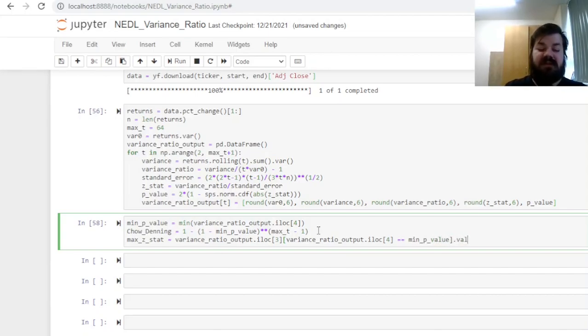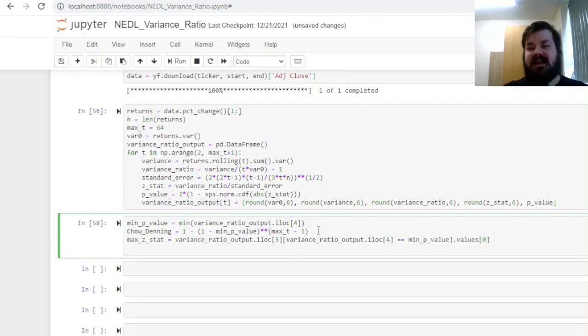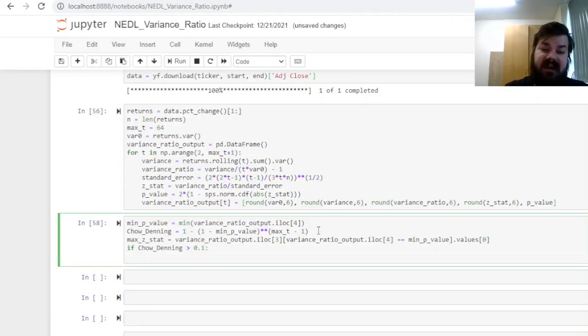And that needs to be converted to values, and just in case there are multiple entries that generate the same p-value, that's quite improbable, but who knows, we'll just retrieve the first element, the lowest time frequency when this happens. And that means that now we can build some interface to determine whether our time series is trending or mean reverting. So first of all, if our Chow-Denning p-value is greater than 10%, then the results are insignificant, meaning that